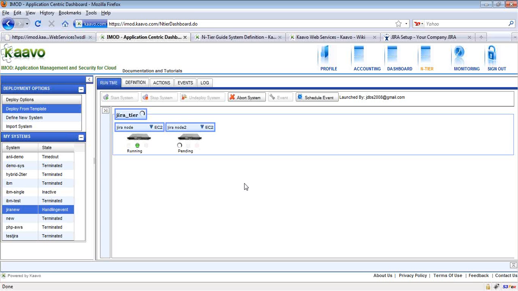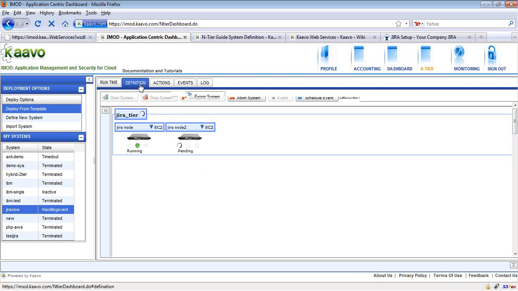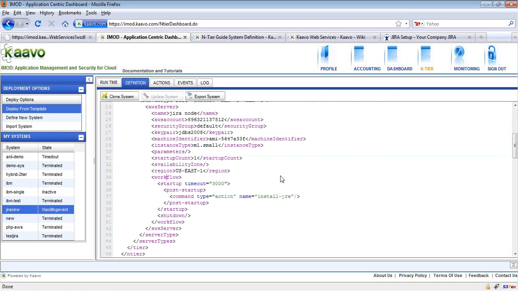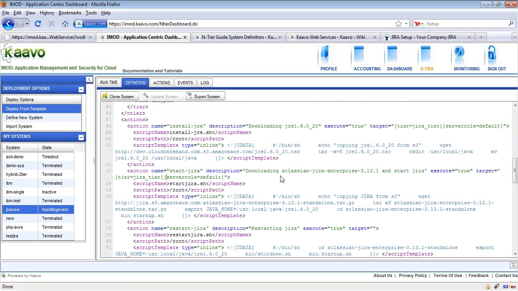And after provisioning the server, it will configure the new server in the same way it configured the first server. So essentially, it is scaling up the system from 1 to 2. And let's take a look at the system scale-up workflow.